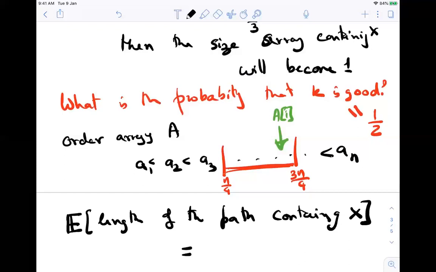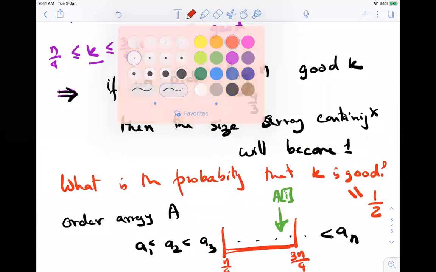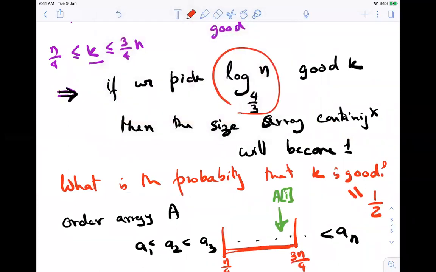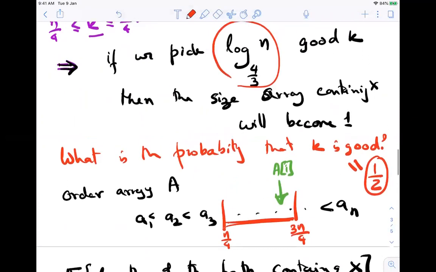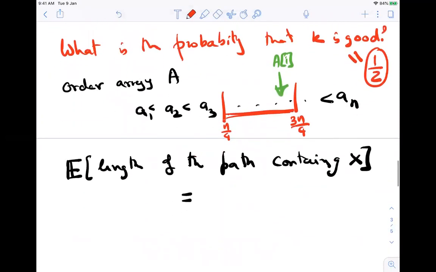What is it? I know that if I get this log n base 4/3 number of good ones, my game is over. And I get it with probability 1/3, probability half. So that means if I do 2 log n base 4/3, I'm done,